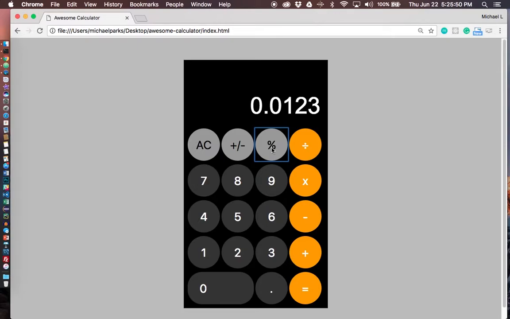So if you were following along, you have just added the ability to express the current value in the display area as a percent value. In our next session, I will be adding the ability to add numbers to the display area,